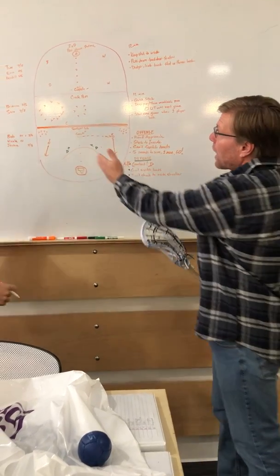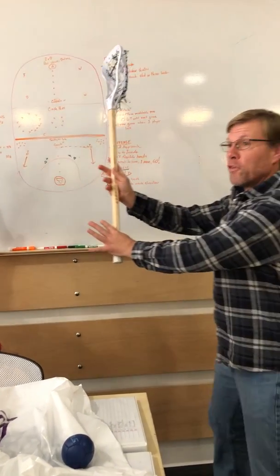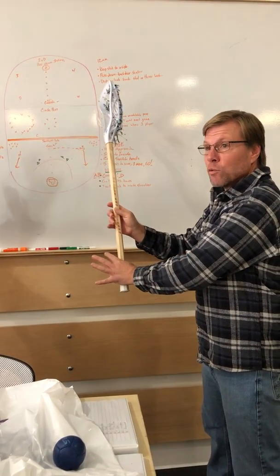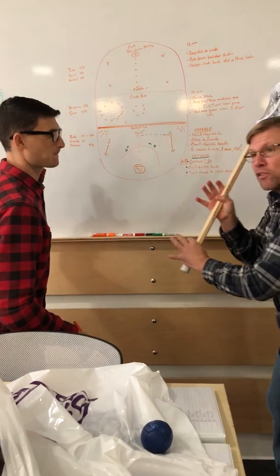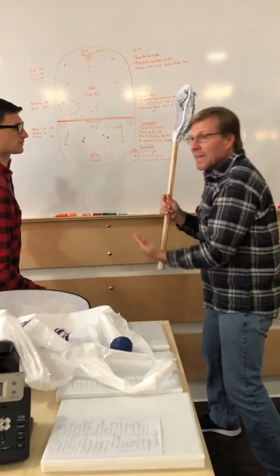And then on the other side, you'll be the opposite. You're basically coming up the field with your stick in the right hand to match the offensive player's stick, which would be in their left hand. All right, same thing applies though. Good approach while the ball is in the air. You're breaking down,